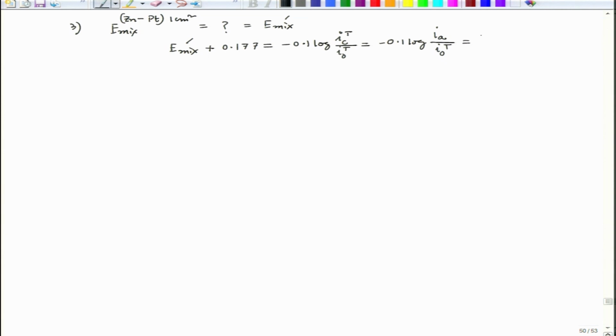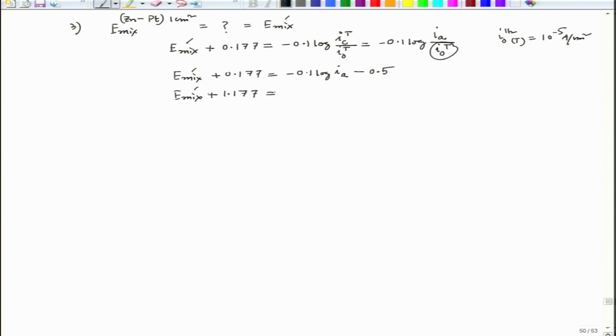So E mix prime plus 0.177 equal to minus 0.1 log of IA plus, and then hydrogen total is nothing but 10 to the power minus 5 ampere per centimeter square, we have seen already. So this becomes 0.5,